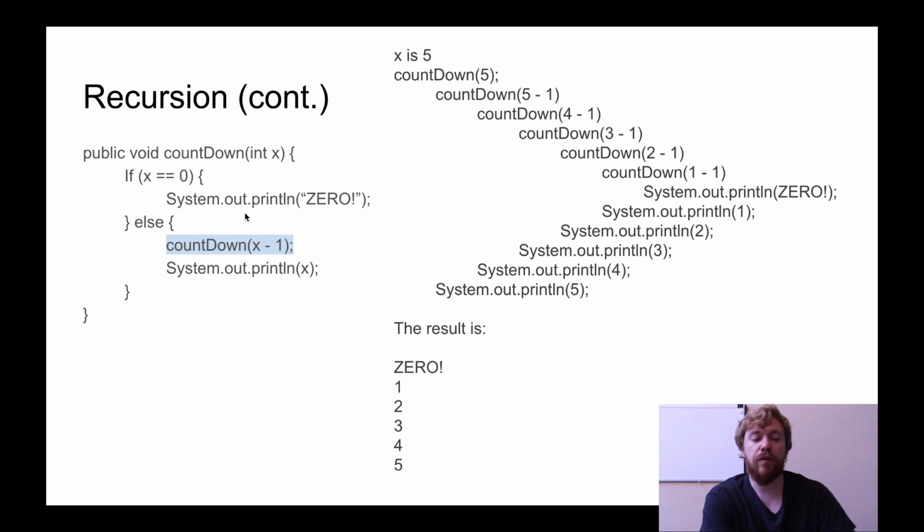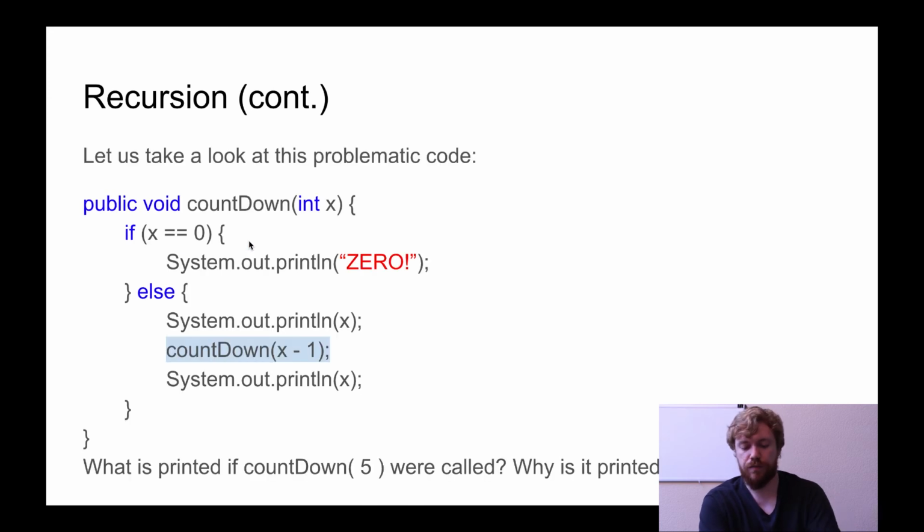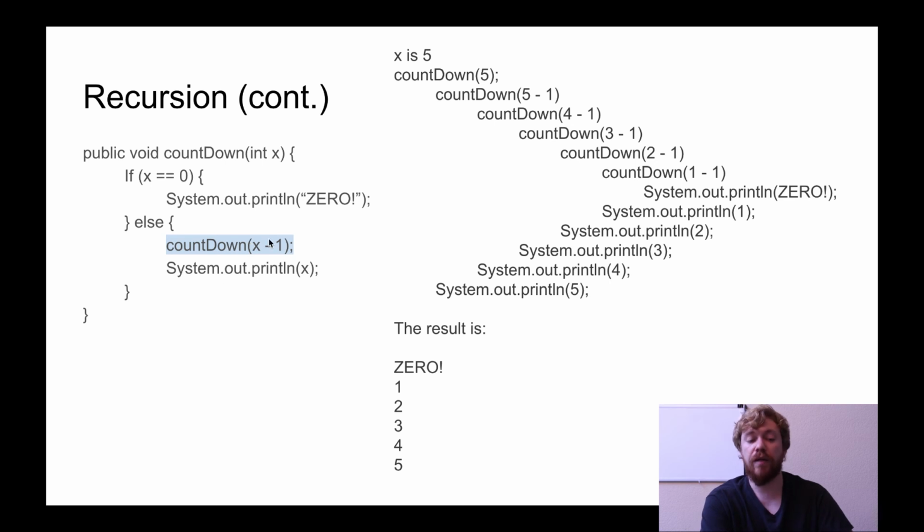This system.out.println 0 finishes this version of the countdown call, which was made when x was equal to 1, which means that the system.out.println that gets executed is when x is equal to 1, so 1 gets printed. And when this print statement finishes, it finishes this version of the countdown method call, which was called when x was equal to 2. And so